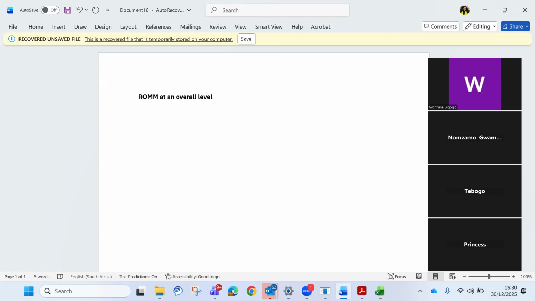So if it's at an overall level, these indicators are there to say there is a very high chance that there is a misstatement due to error, right? The financial statements have an error. Or because of these things that I'm seeing, it opens an opportunity for those at management level to commit fraud. So when you look at these things, you're like, these things mean that I must be more aware of certain things.